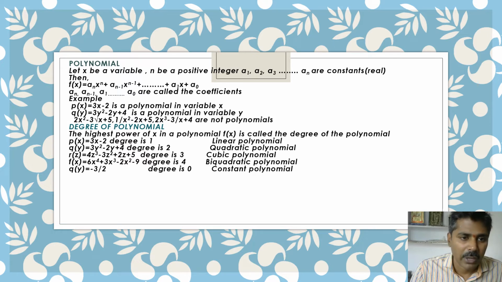So many students think that a polynomial is nothing but one with more terms. No, multinomial means more number of terms. For a polynomial we have to see the definition only: a power n, and n should be a non-negative integer. That is the definition of a polynomial. It's not necessarily a multinomial, though it can be.